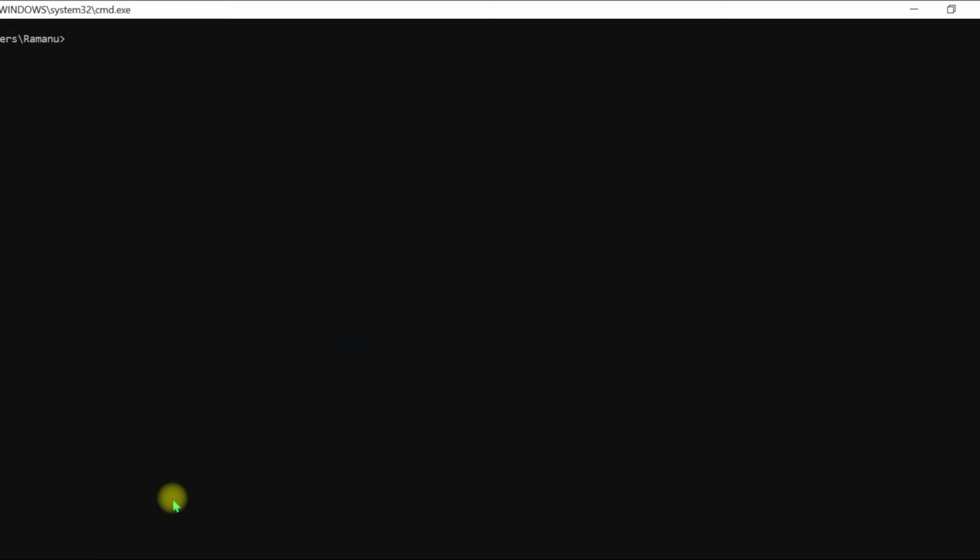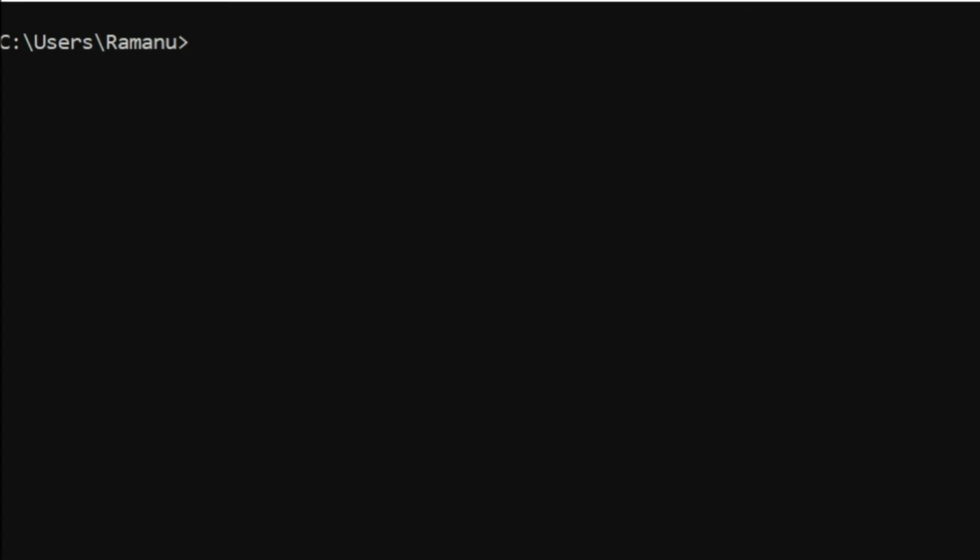Now if I want to know all the commands I have used so far, just click on this upward arrow. You can see it is listing out the commands used so far, and it is also giving me the values I typed, that is color 1, color 2. So it is not necessary that you remember all your previous commands. Just by clicking on the upward arrow, it will display the commands you used.